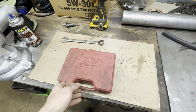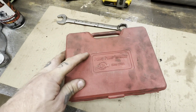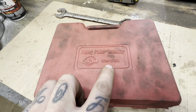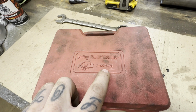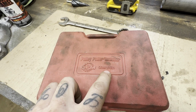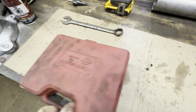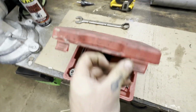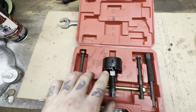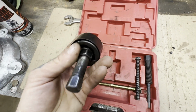What's up YouTube? So today I'm going to get this power steering pulley pulled off, so I figured I'd video a little bit about this. If you were to do this job, I think the 96 to 2000, if not even newer, will probably be using the same puller, but you've got to have this puller in order to get this power steering pulley pulled off. Basically all we're going to need is this special little collar here, this piece, and then we're going to need